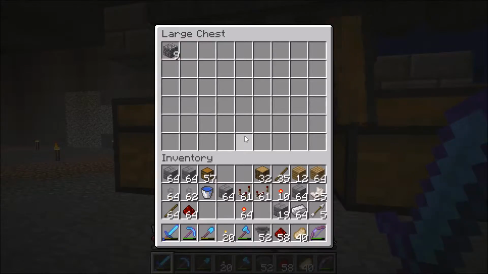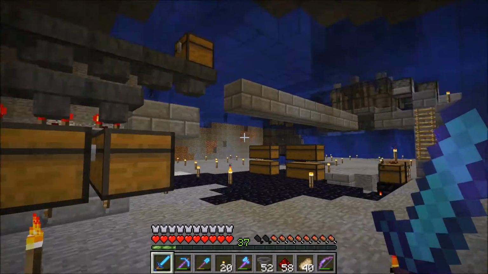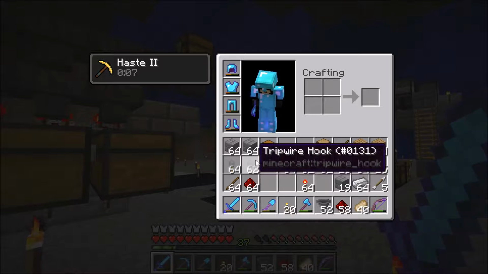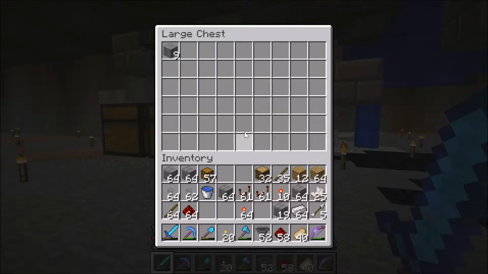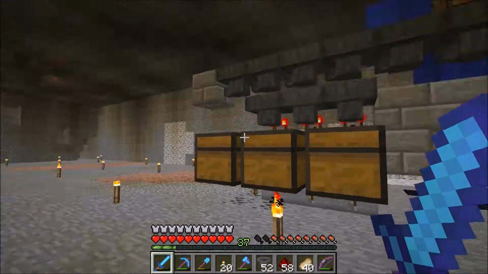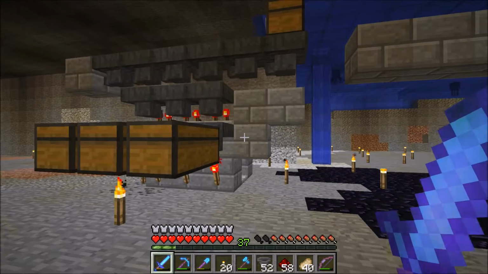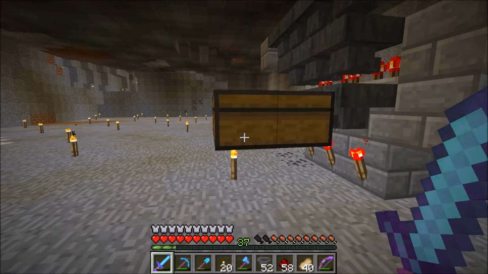And for certain things that's okay, like for instance, I'm not going to have a double chest of tripwire hooks because I just usually make them on the fly. But when it comes to stone and cobble and granite and whatnot, I'm going to need quite a bit of that. So I might want to end up actually